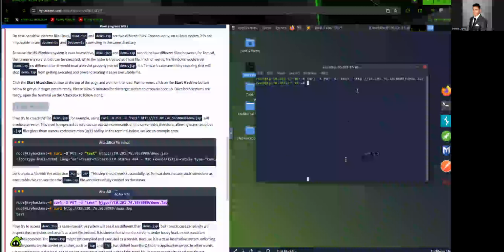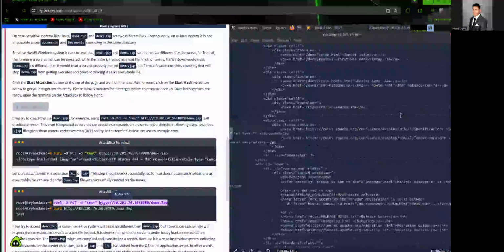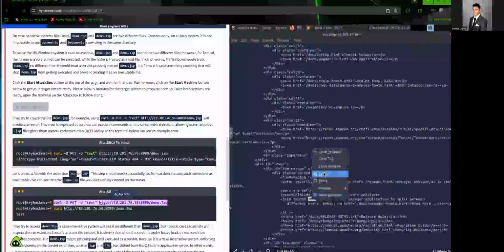All right, see if it provides anything regarding version. You can see this is Tomcat 10.1, I believe is what it's saying it is.